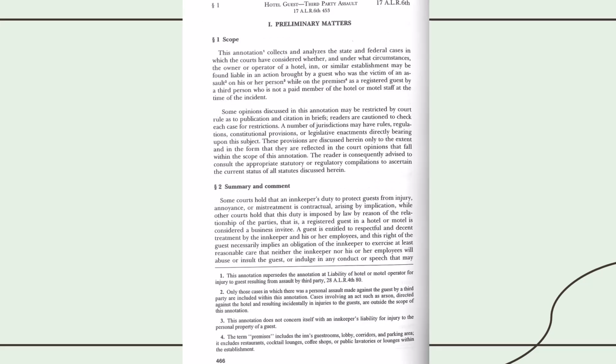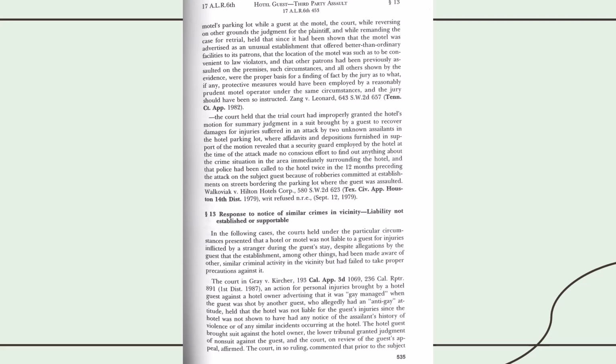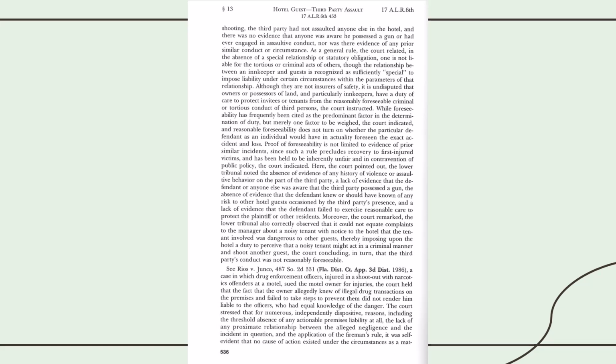Or maybe you're looking for Florida cases. You can see a whole bunch of cases cited. They even cite a Florida statute. This is the first page of the annotation, and you might want to check the footnotes to see any special exceptions. But let's jump ahead to section 13, where the only California case is cited. Here you see the facts of that case and some analysis of what the court ruled in that case.